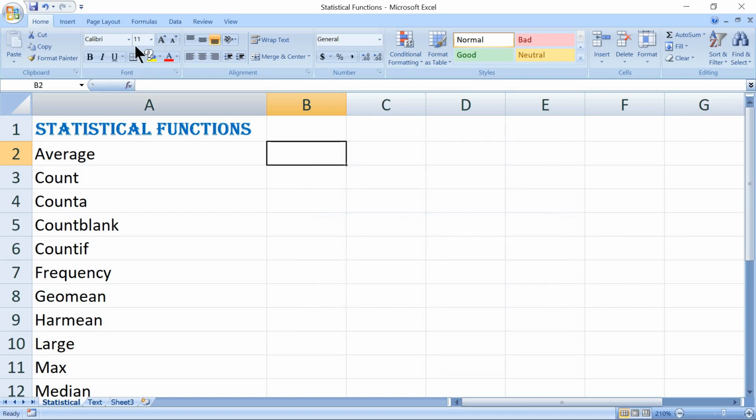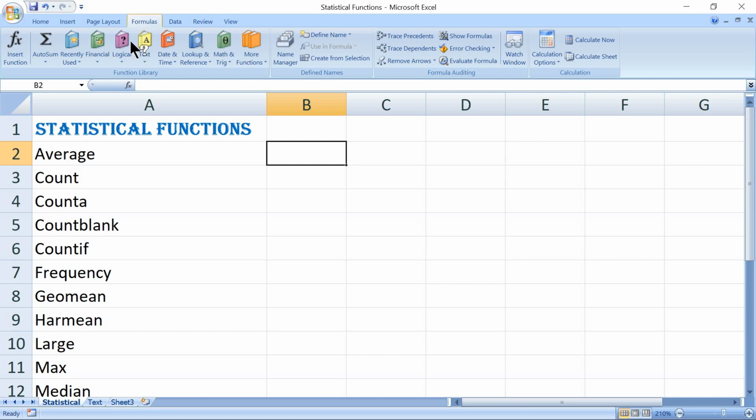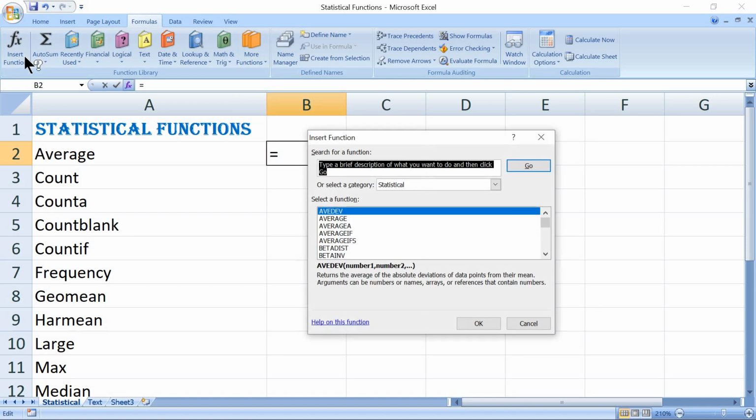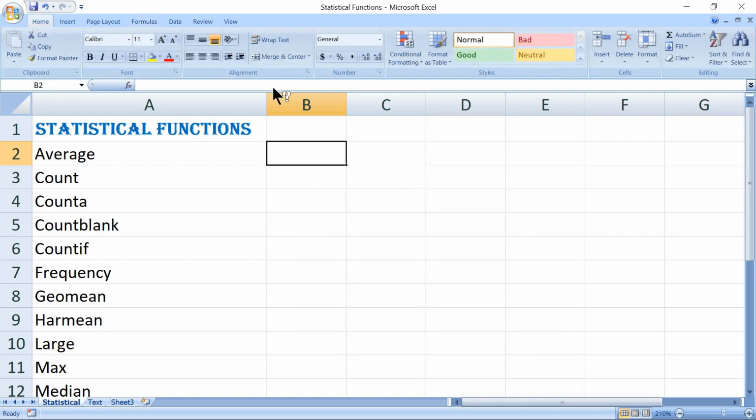The other way: Formulas, Function Library, More Functions, Statistical, then Average, then Insert Function. We can even make use of the shortcut key Shift and function key F3.